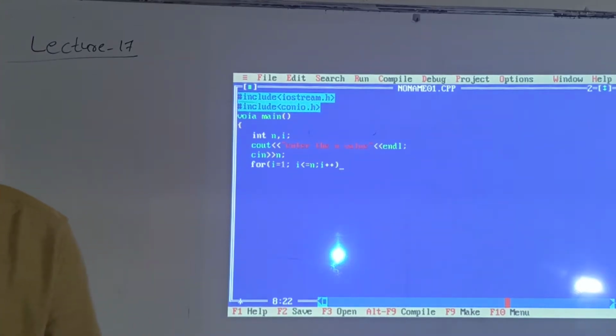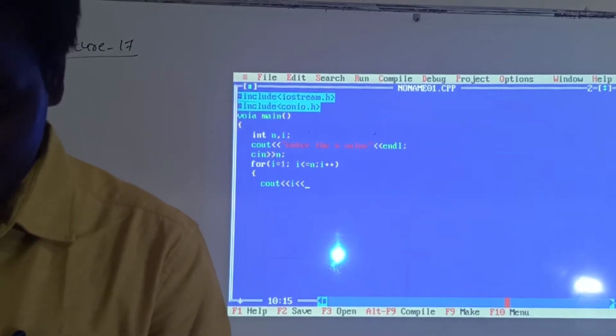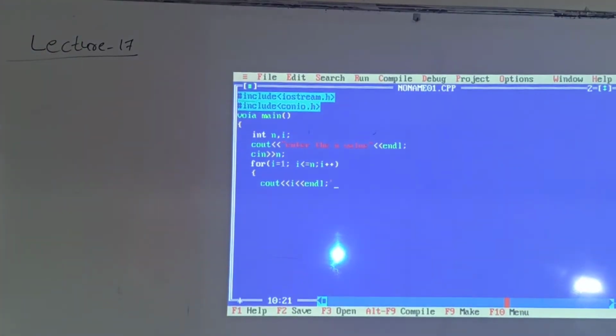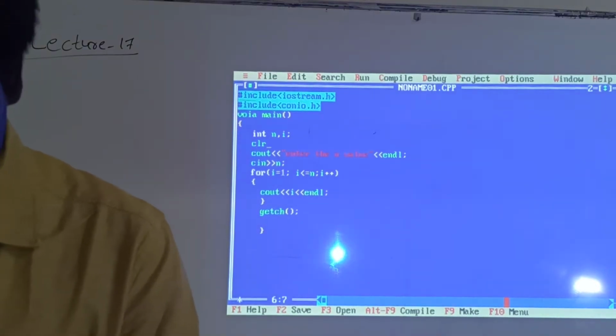Next you have to print cout << i << endl. Next you can write getch() to get the immediate output, and you also have to write clrscr().